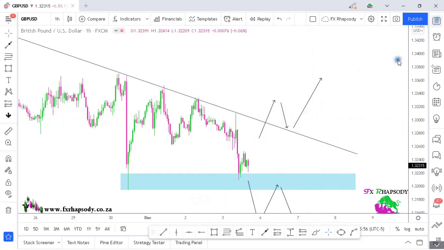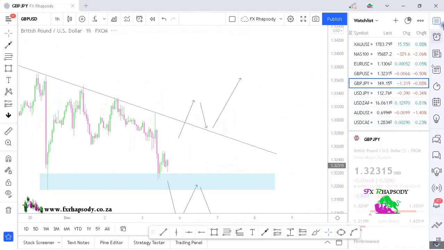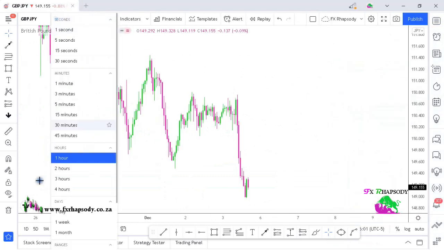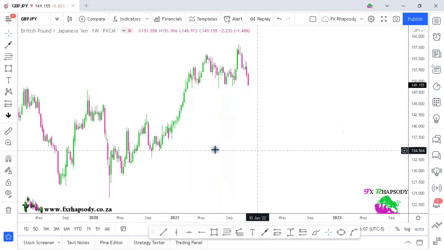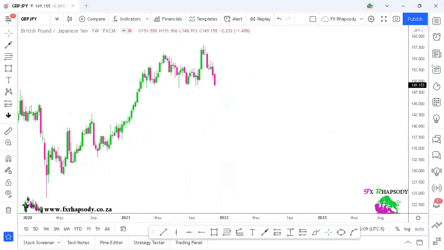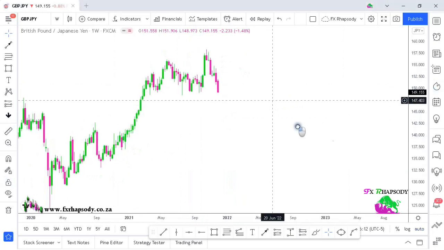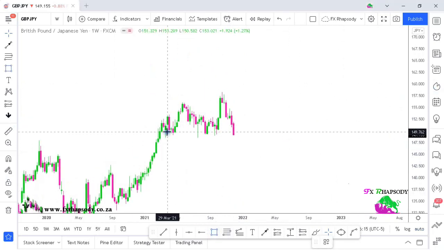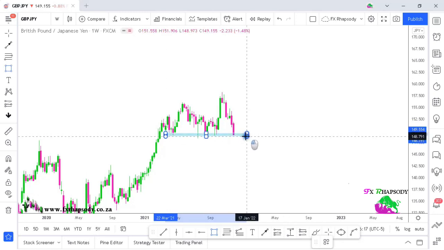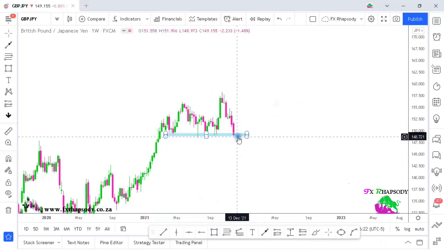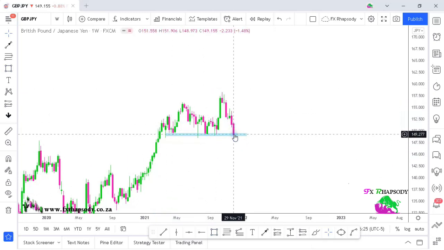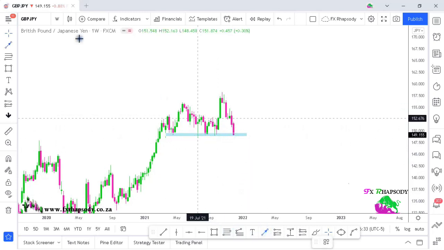So let's move on to our next pair. British pound, Japanese yen. There we go. Right. So with this pair, on a weekly time frame, it is the obvious support area that we find price currently at. So price is on that area of support, not breaking it yet. So coming down to retest that area. So obviously we will be looking at anything breaking that area of support,